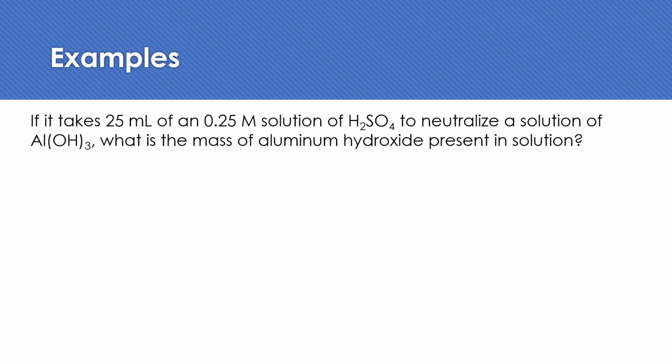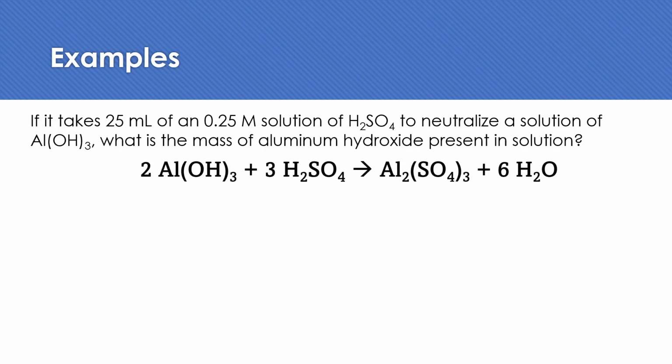Okay, let's look at another example. If it takes 25 milliliters of a 0.25 molar solution of sulfuric acid to neutralize a solution of aluminum hydroxide, what is the mass of aluminum hydroxide present in solution? Okay, so here's my balanced chemical equation, and I'm starting with 25 milliliters, so 0.025 liters of